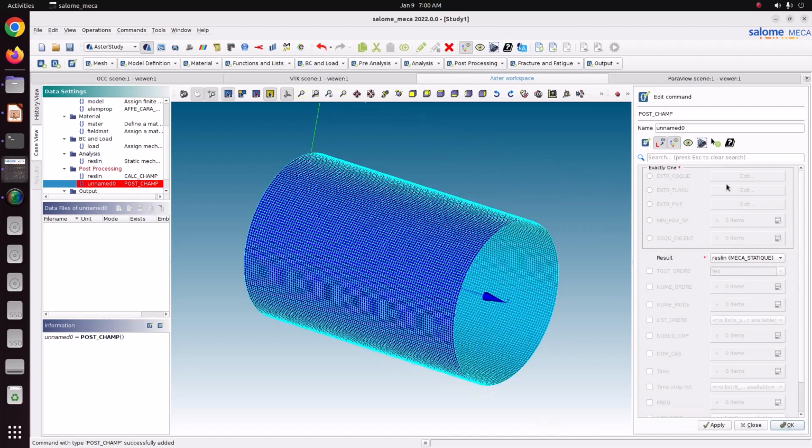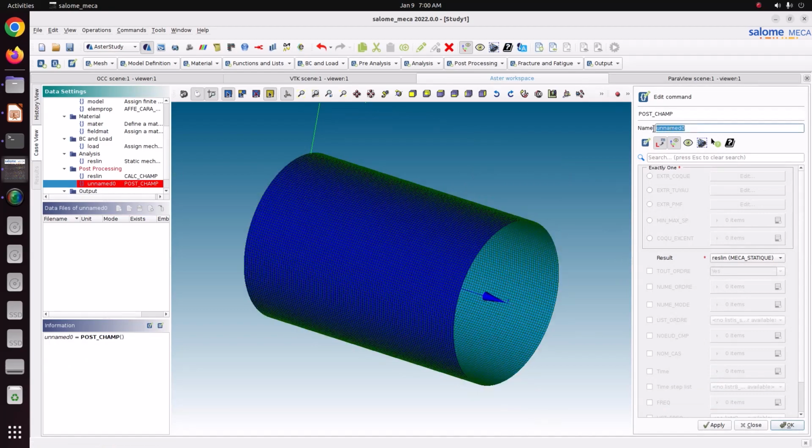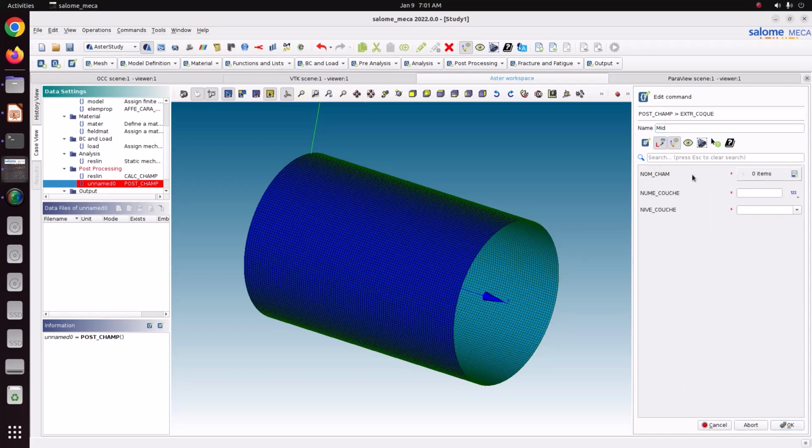So use the, any name we can do. I'm just extracting the mid surface of the shell element. It has a mid surface, inner surface and outer surface. I just want to extract the mid surface data. I'm just naming it as mid, extract COQUE, edit. So nom champ